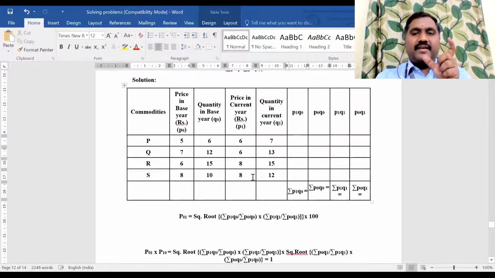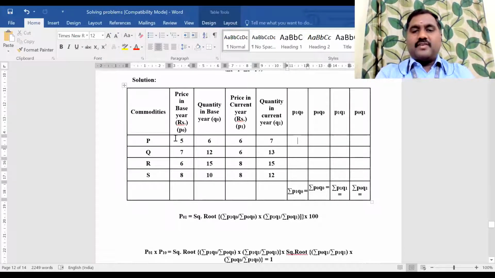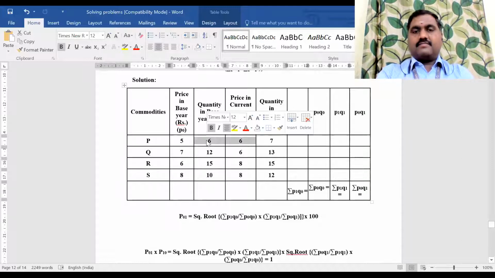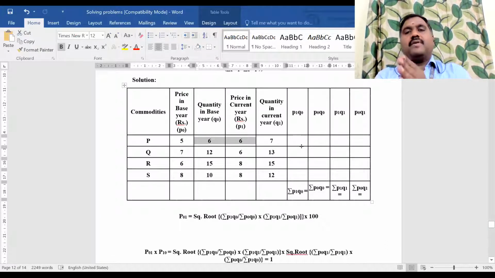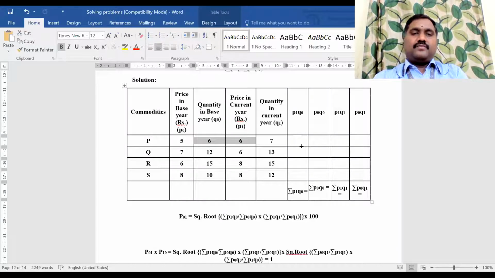Please, while multiplying, look at that particular value and then multiply, because sometimes you will put 5 into 6 is 30. But what is the first one? P1 Q0. So P1 Q0 is here. Please look at the value, refer to the particular column and then multiply and put the value. Don't blindly put the first and second column, second and third column, third and fourth column, fourth and first column. Don't do it like that. See the combination. According to that, multiply the respective values and put the answers in the respective columns.